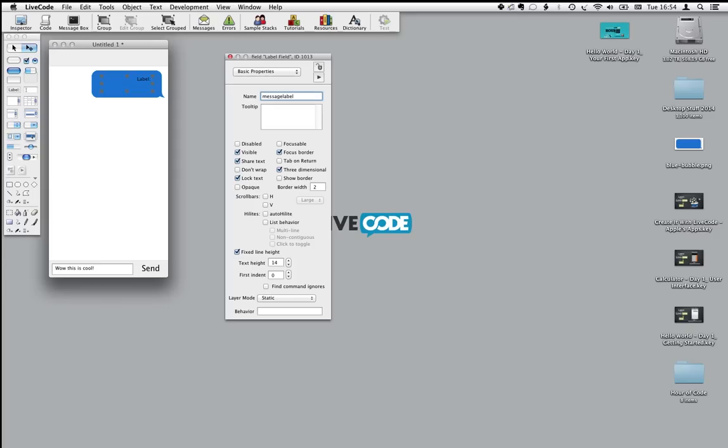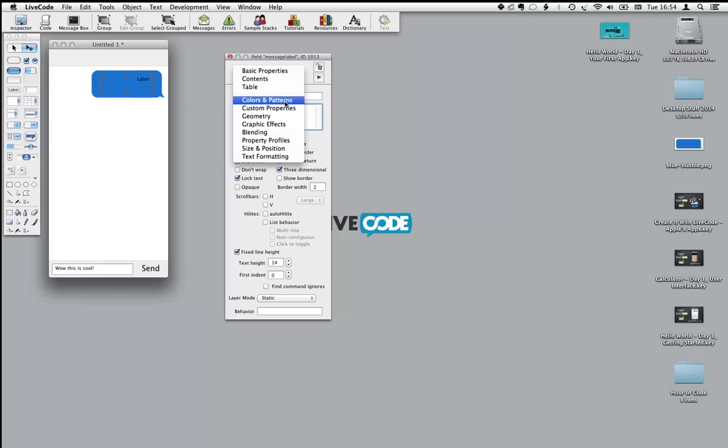Now I've made the name of this object all one word, and it's important that you do the same so that we can refer to it correctly in code. I'm now going to make a couple of more changes just to make this look right. I'm going to go back to this menu at the top of the screen that has properties,